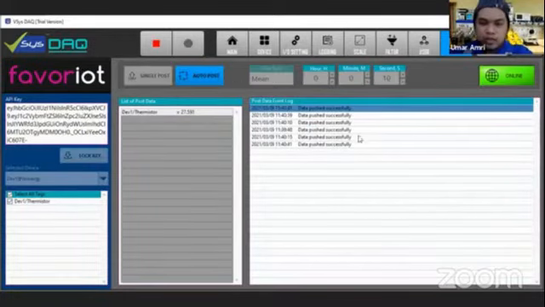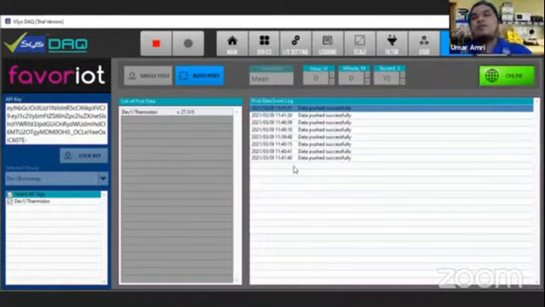Okay, so you can see automatically at the data entry here, in the post data event log table at the right hand side, every 10 seconds it will be pushed to the Favoriot account. You can wait a little bit. Okay, now it's starting to push every 10 seconds. You can see here, now I have already used 1, 2, 3, 4, 5, 6, 7, 8 APIs. Something like that. So if you are using a free account, you are limited to 500 APIs, which means every day you can push 500 data